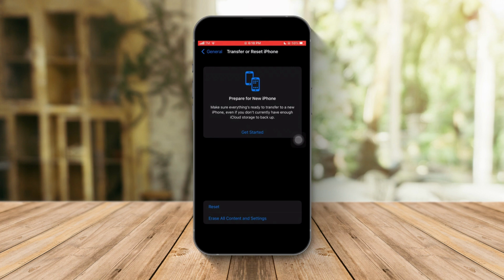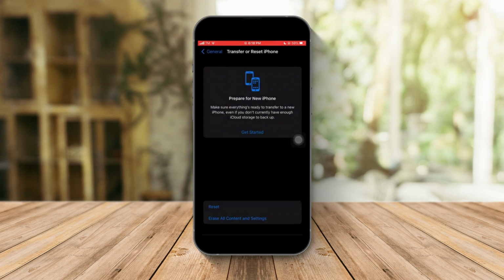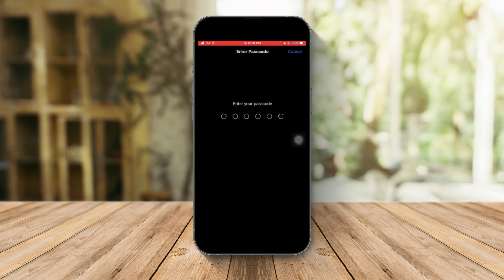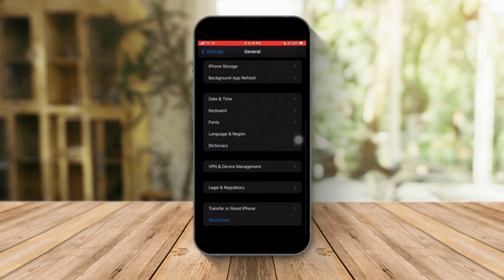factory settings. So once you click on this one and then you click on Reset All Settings, it's gonna ask for your passcode. Once you enter your passcode, it should start resetting your iPhone, and you just need to wait for it. And once it's done, your iPhone is gonna be reset to your factory settings. And that's how you reset your iPhone to